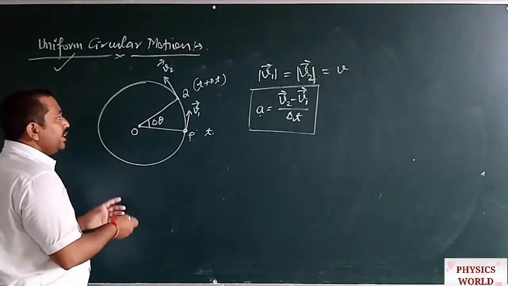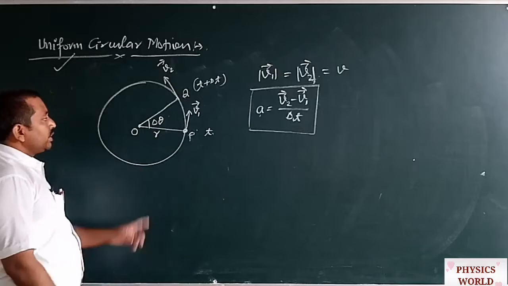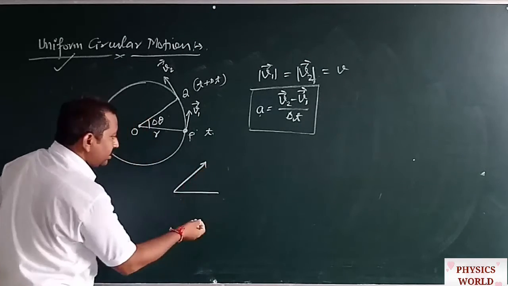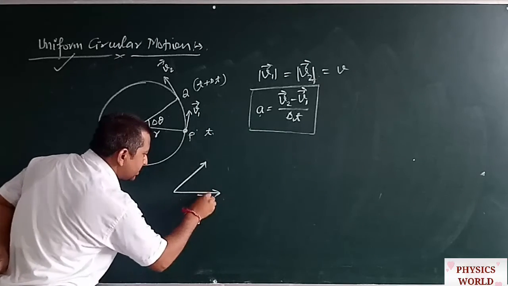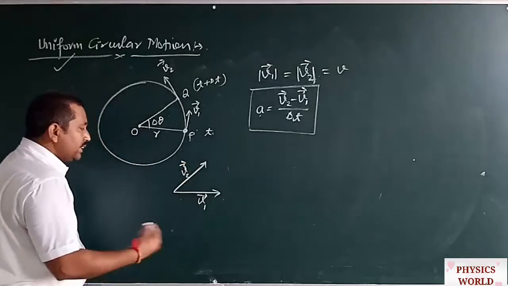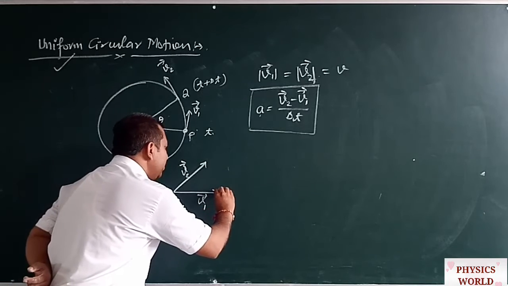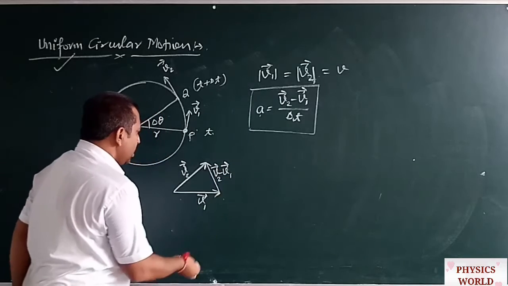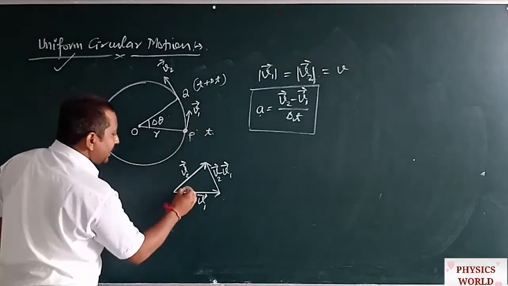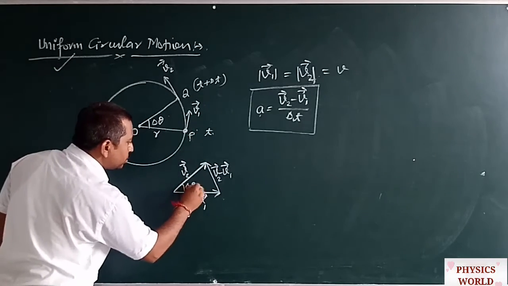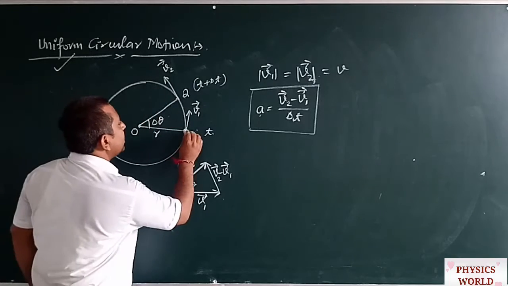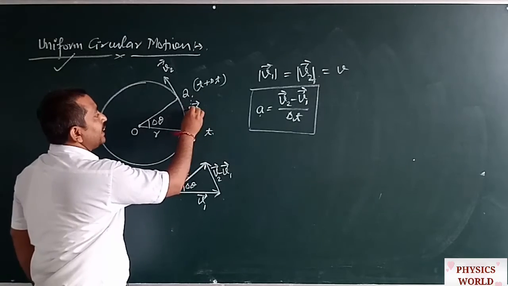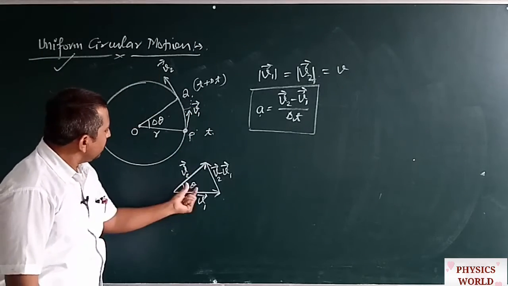This is very simple. If we assume that the radius of the circular track is r, then we can draw a triangle like this. This represents the vector v1 and this represents the vector v2. Then if we join the head of v1 to the head of v2, it provides the vector v2 minus vector v1. So the angle between v1 and v2 is also equal to delta theta. From here, if we draw v2 backwards and v1 forwards, then the angle between v1 and v2 is also equal to delta theta.